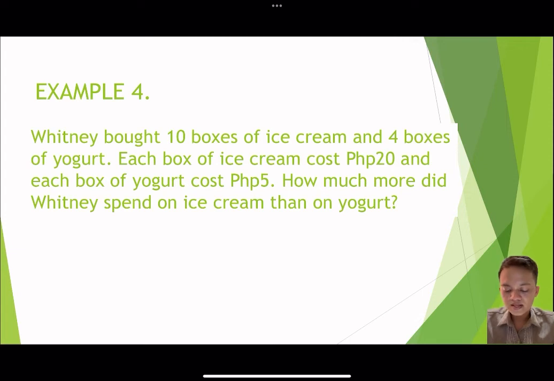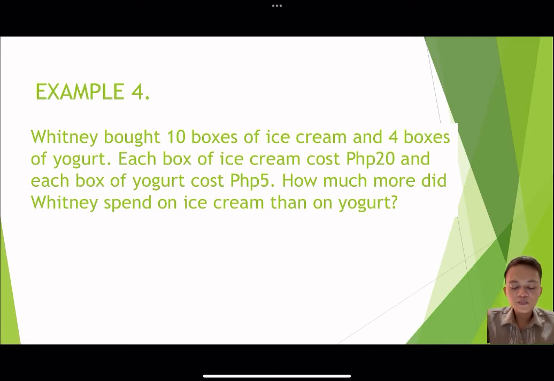Solution: 10 times 20 ay total amount of ice cream is 200. And 4 times 5 is 20 pesos total amount of yogurt. And then we are just going to subtract them kasi ang tinatanong is magkano daw yung how much more, magkano yung in-spend ni Whitney on ice cream more than the yogurt. So, 200 minus 20 pesos is equal to 180 pesos spending. Okay? Next,